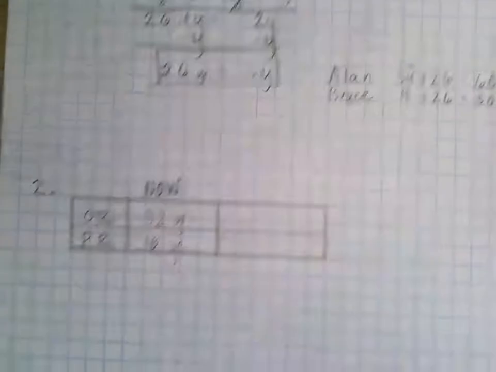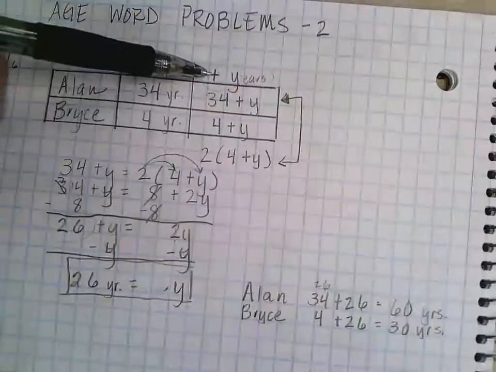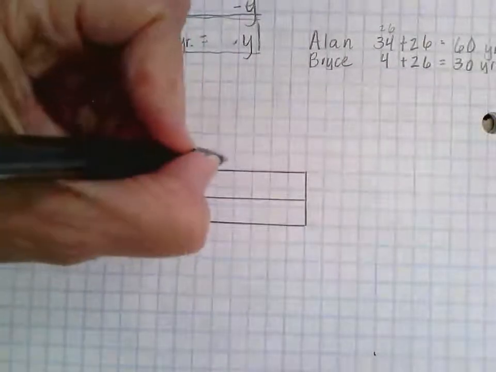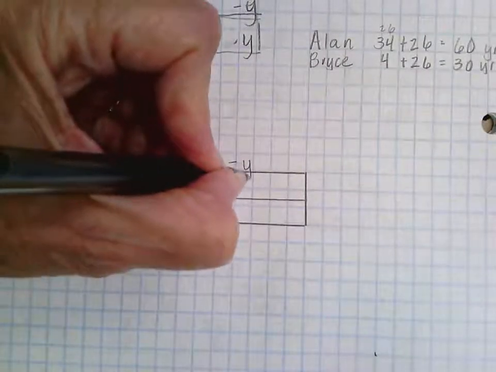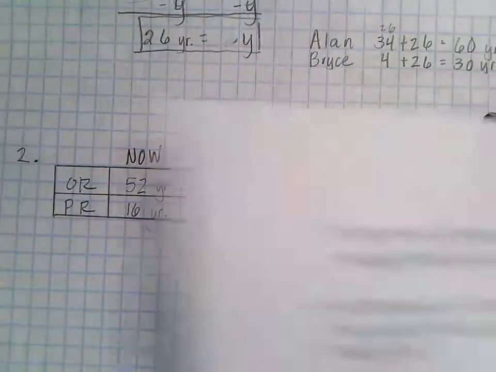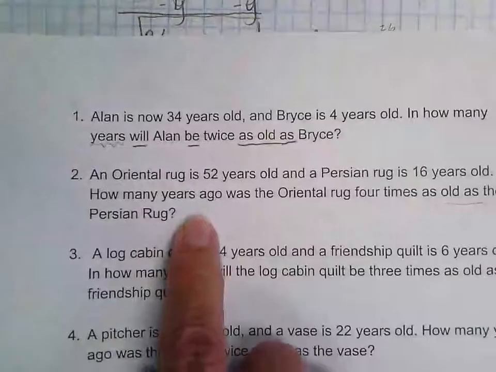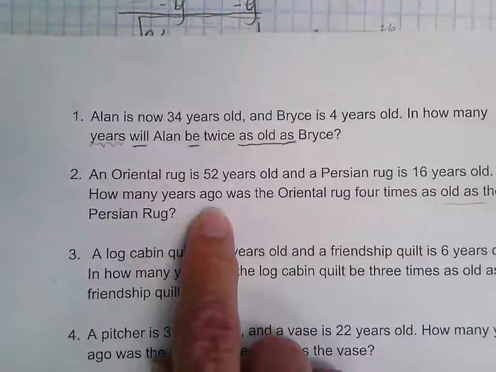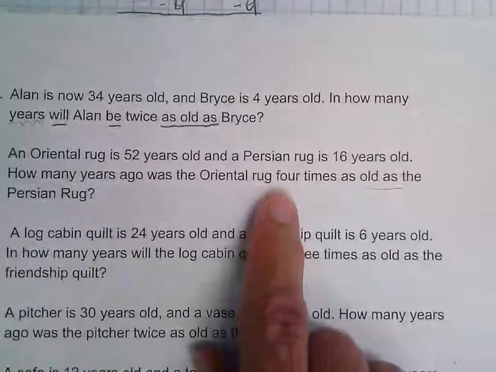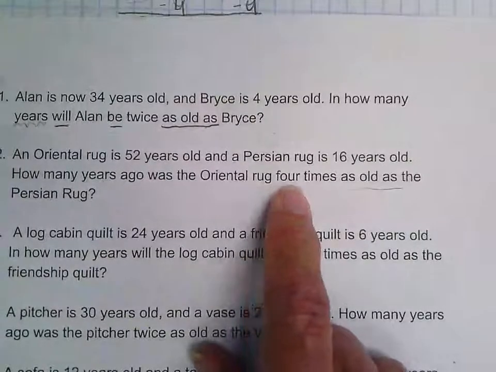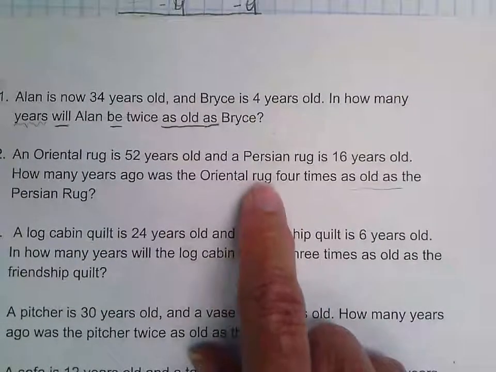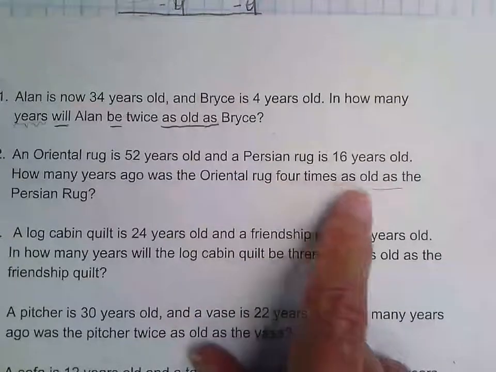So last time we were adding years on. This time we're going to be subtracting years because it says how many years ago. So we're going back in time and we are dealing with the Oriental rug being 4 times as old as